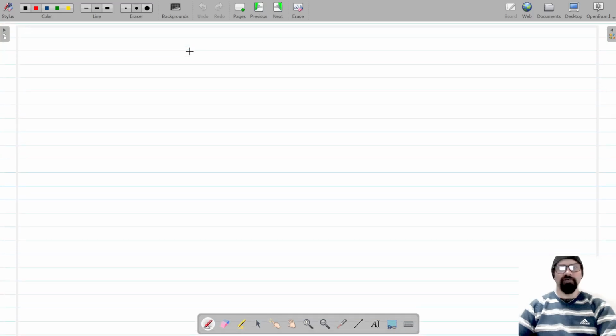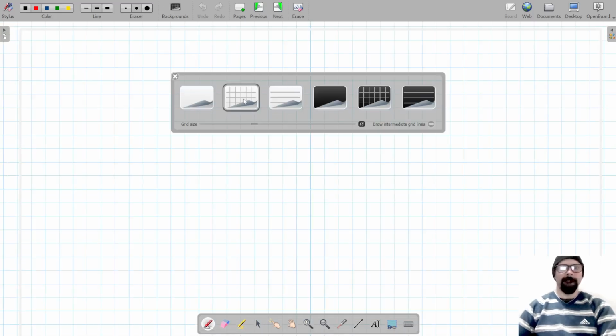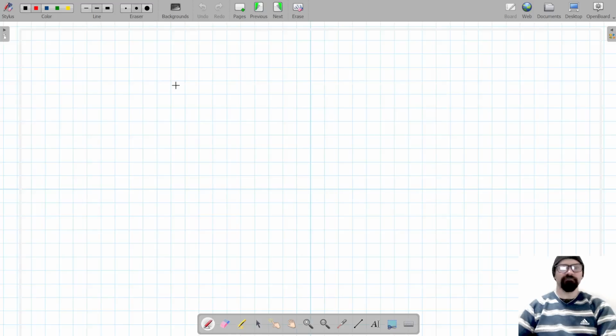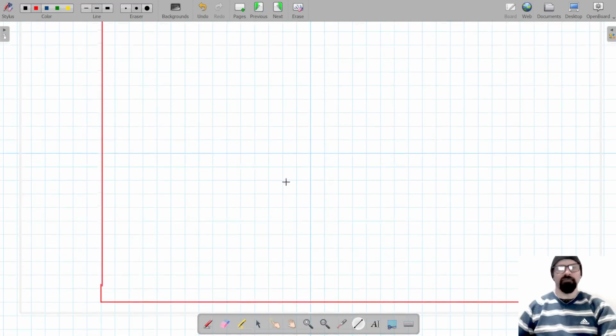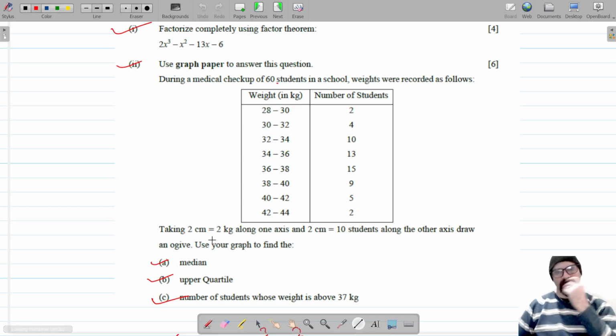So let's take the vertical and the horizontal grids. I will show you how to plot the graph, and the scale is also given. It's given that 2 centimeters is equal to 2 kg along one axis, and 2 centimeters is equal to 10 students along the other axis. Draw an ogive, and use that graph to find the median. So let's draw the ogive, and for that